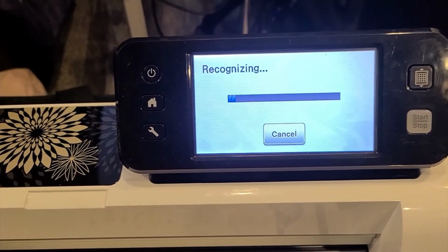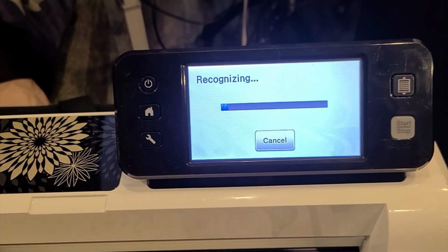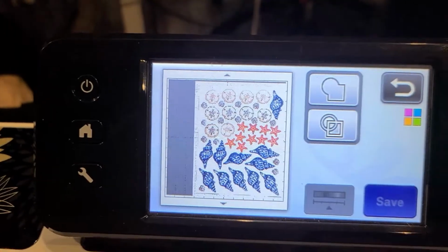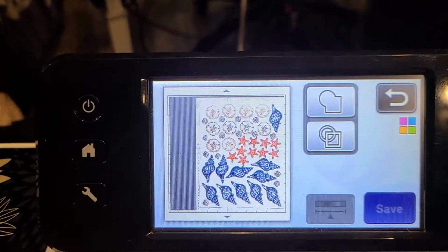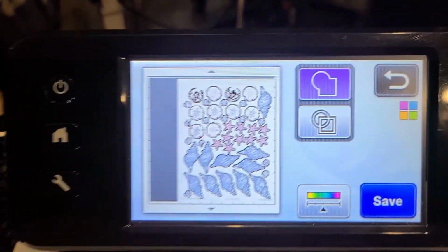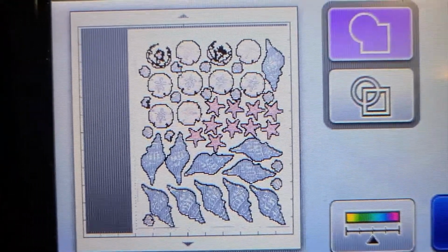I will probably fast forward through this part. Perfect. Okay, now I'm going to choose that I only want it to do an outline. And let's take a look at how it has done. I told you I thought maybe the top